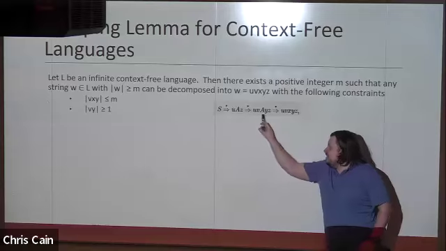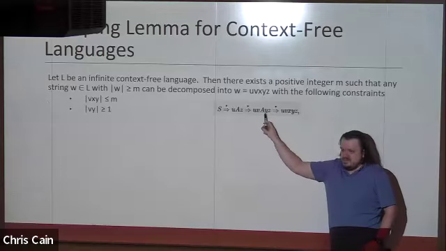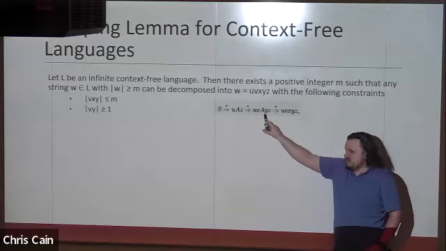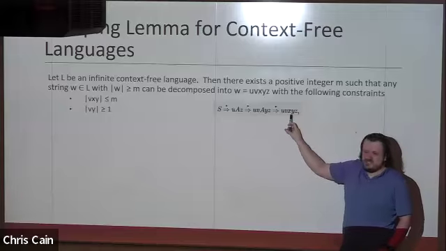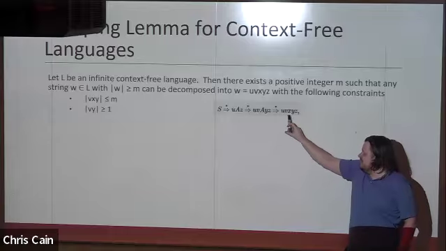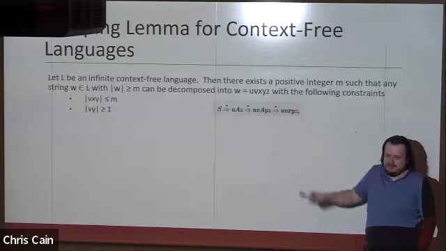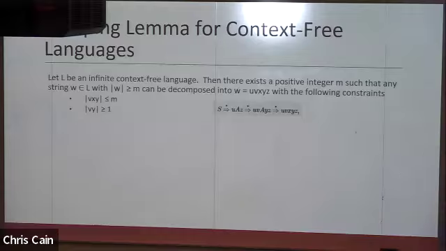Then we're going to repeat that recursion some number of times, creating some number of V's and Y's, but the portion of the string that goes from the end of that recursion to termination, when we end up with a string, is the substring X. I have a good visualizer for this in a moment. So instead of having X, Y to the I, Z, we have U, V to the I, X, Y to the I, Z, keeping that I constant for all I: 0, 1, 2, etc.